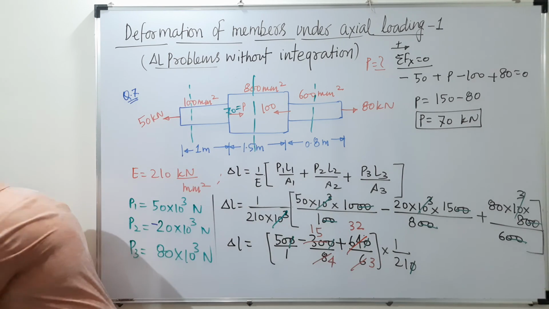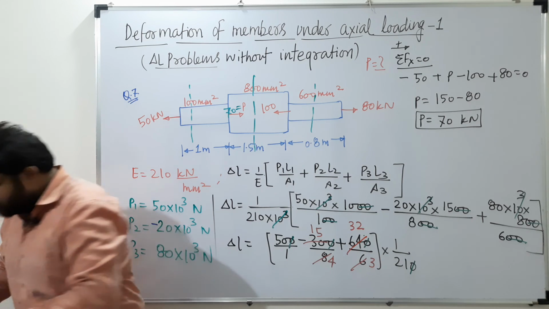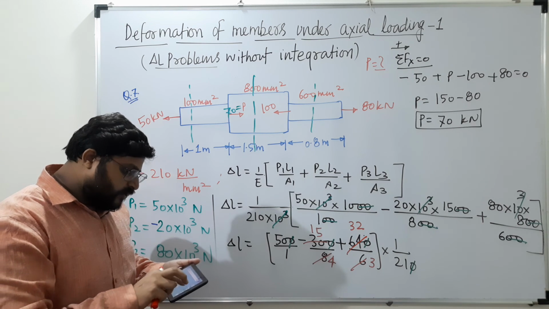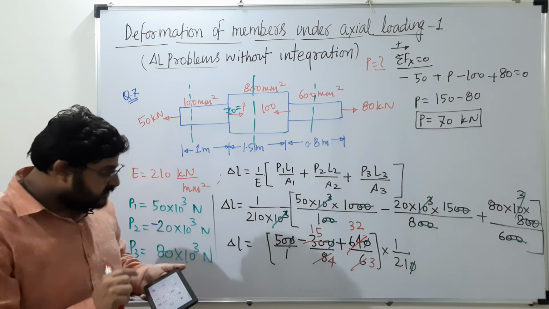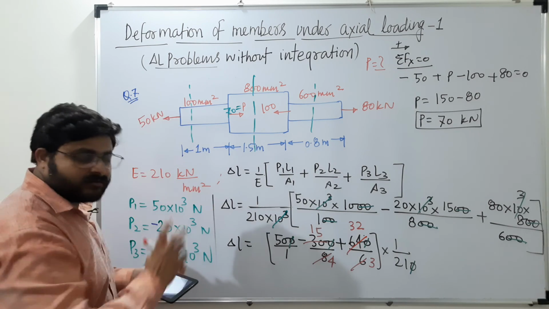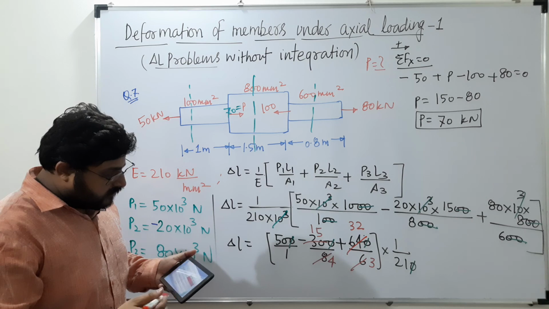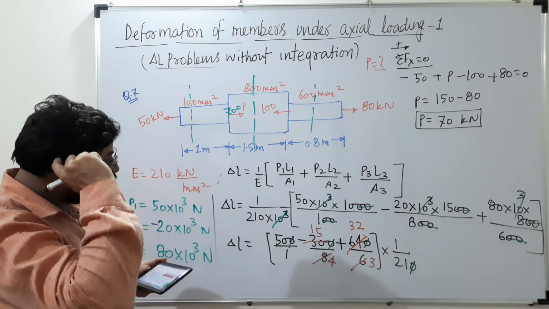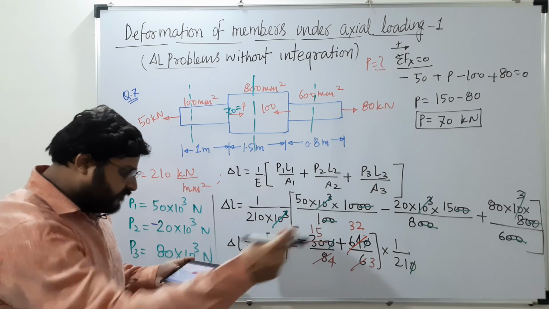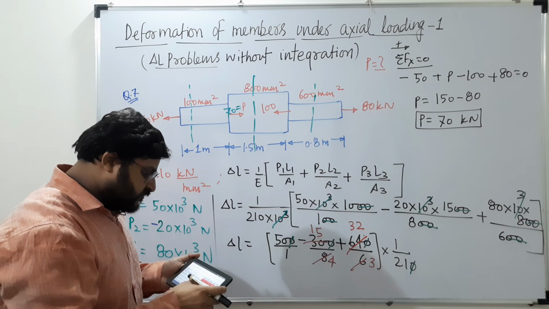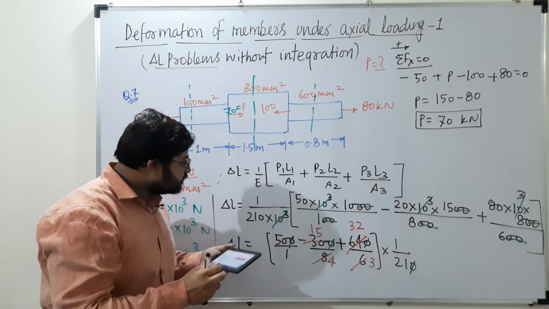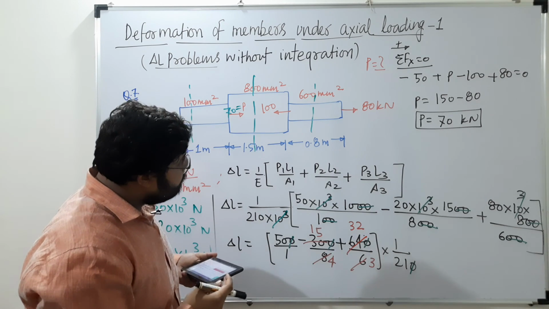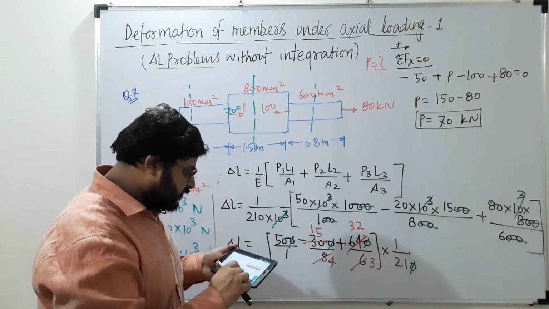Now our answer will be in millimeters. So just make sure that you are making calculations at the same time. You can just pause the screen and you can solve it. I will show you how I am going to do it. I will first go with this 15 by 4. There is minus 15 by 4, that is minus 3.75, and then this is 32 by 3. So I will write here plus 32 by 3.